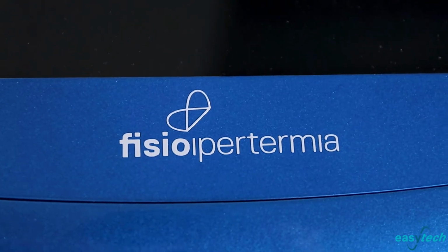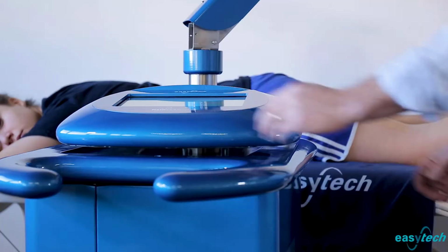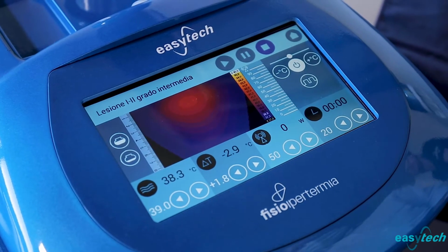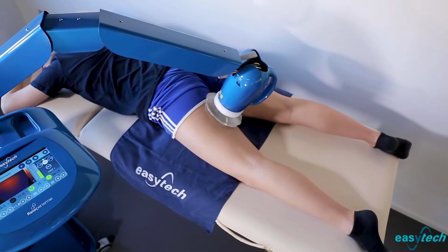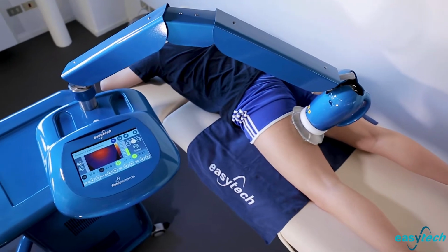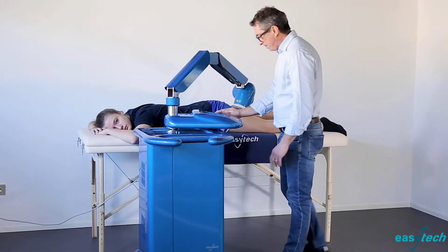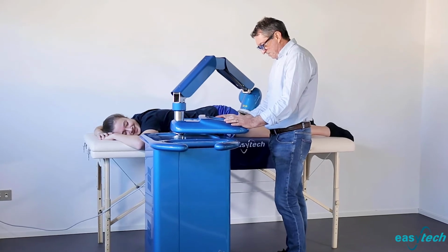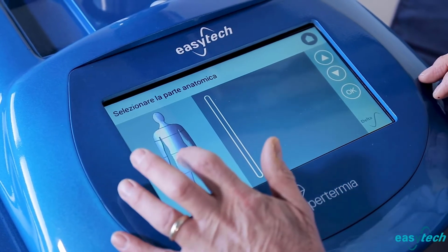Physio Hypertermia is the first diathermy that applies the appropriate therapeutic dose by measuring its effects on the patient. Such a feature differentiates the Physio Hypertermia from competing methods and makes it an operator-independent system with clear advantages in terms of safety. The main features of such a device are heating efficiency, even at considerable depth, maintenance of the established hypothermic condition for the entire treatment time, accuracy in determining the required temperature in depth, selectivity,